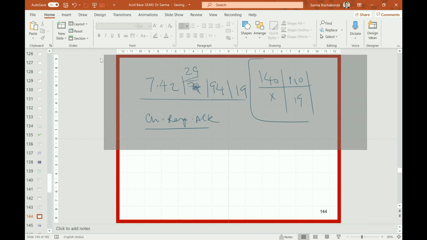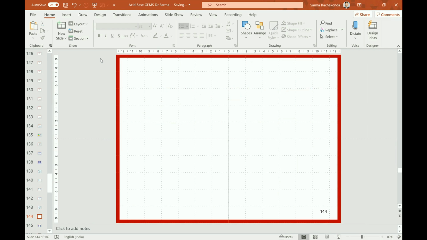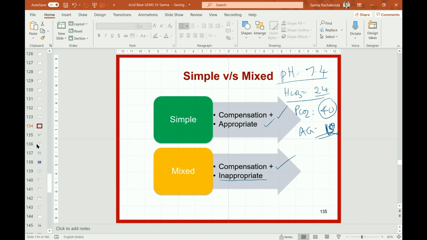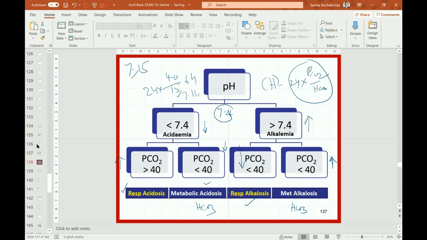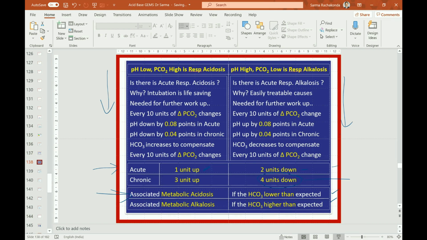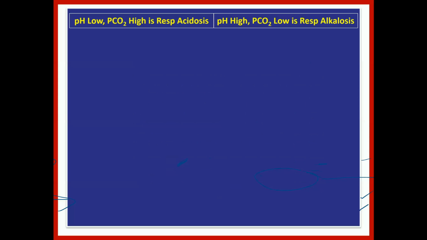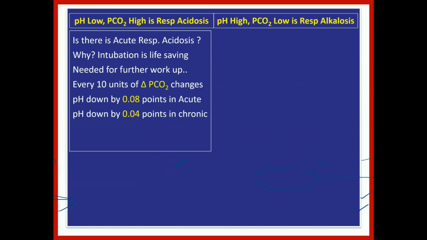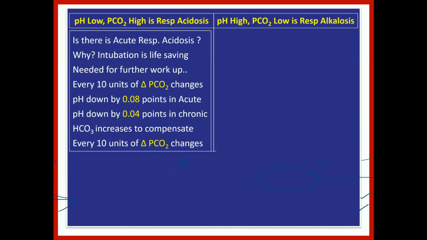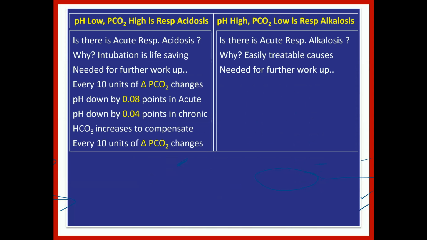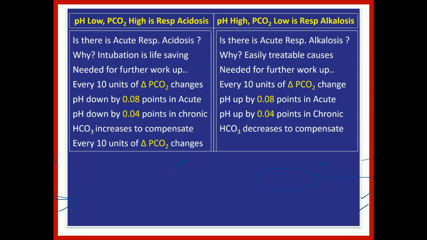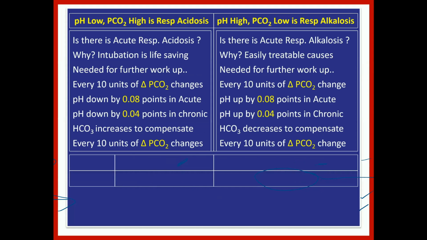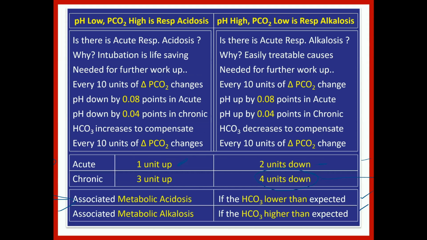Now I will tell you tomorrow about the metabolic acidosis and combined disorders. What I did today was I combined the acute respiratory and chronic respiratory disorders. We did the workup for acute respiratory acidosis and chronic respiratory acidosis, looked at the bicarbonate changes, and also chronic and acute respiratory alkalosis, looked at the bicarbonate changes, whether there are any mixed disorders.